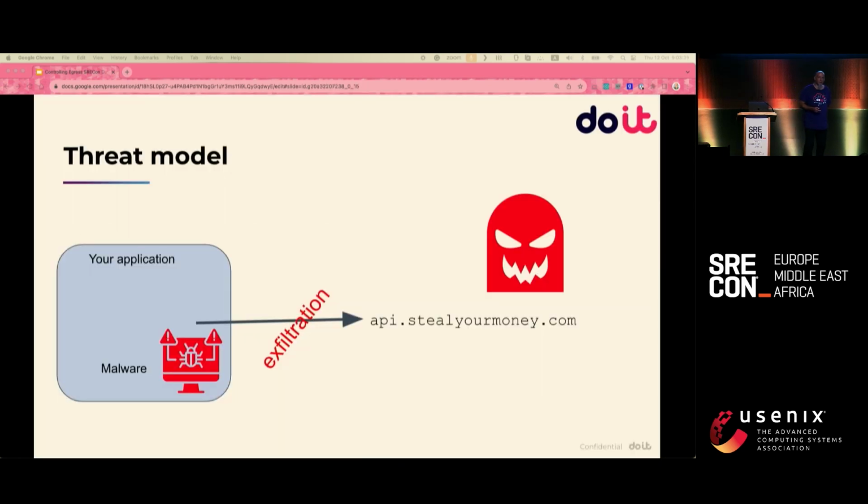This is the threat model. This is why we want to lock down egress. Somebody could set up malware in your virtual private cloud, in your VPC, or in your Kubernetes cluster. Now that's a problem regardless. That's not what I'm going to talk about today. It does happen. So you want this additional line of defense so that this malware doesn't exfiltrate your data to the bad guys,